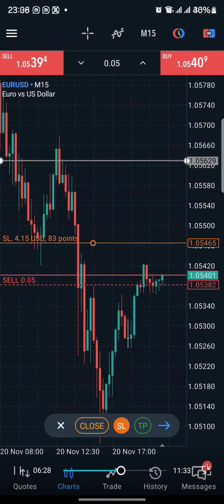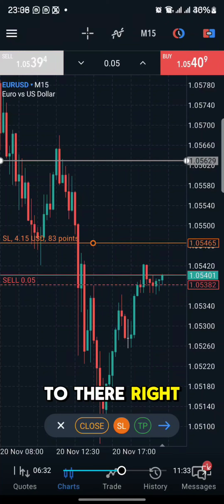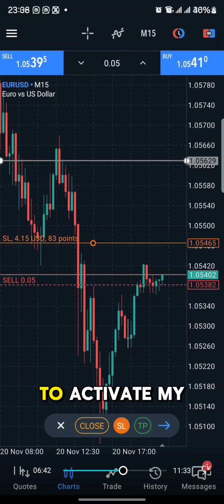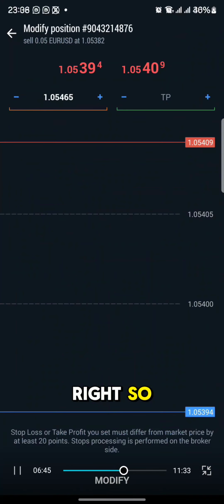So if the market goes up today, it means I'll be losing $4. You guys now understand that. So then I'm going to click this arrow there to activate my stop loss. So if I click the arrow, then